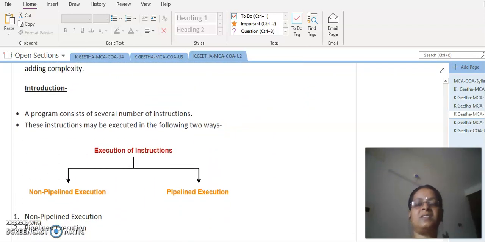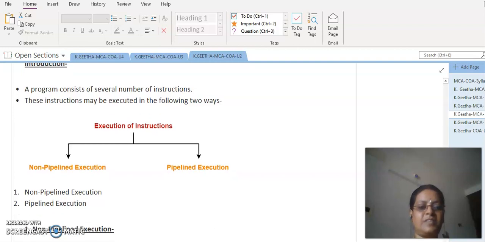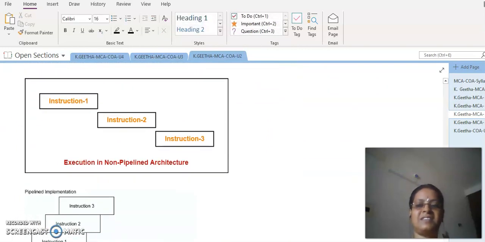Now we will just focus on how this parallelism is going to be implemented by means of pipelining. Any execution of an instruction, as I told, has to undergo 4 stages. These 4 stages can be completed either in non-pipelined form or in pipelined form. If it is non-pipelined form, how is it going to look? Maybe if you see this example, it will be clear. First, it will start executing the first instruction. Then, after completing all 4 stages of the first instruction, it will take up the second instruction and complete it. Then it will take up the third instruction. Like this, it will be executing only one instruction at a time, and that's what we mean by non-pipelined architecture.